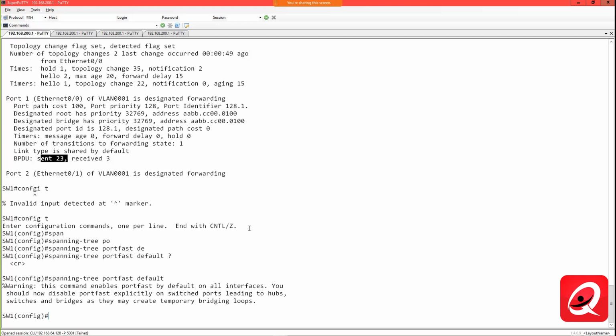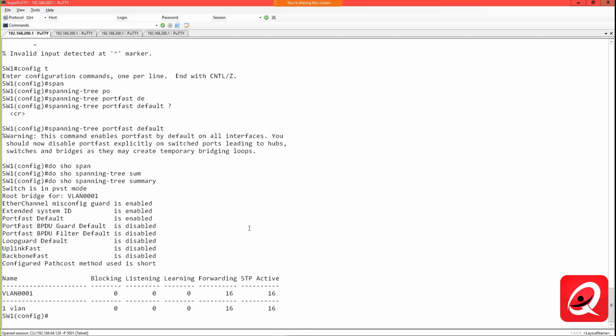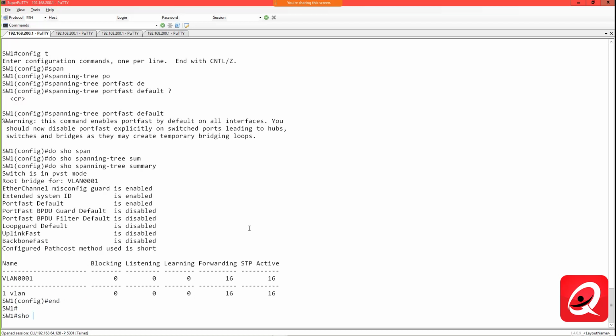It will enable Portfast on all of the interfaces on the switch as long as those interfaces are not trunks. And that's the key. So when you're using the default option, Portfast is enabled on the switch. Show spanning-tree summary. You can see now that Portfast default is enabled. If I do a show spanning-tree detail,